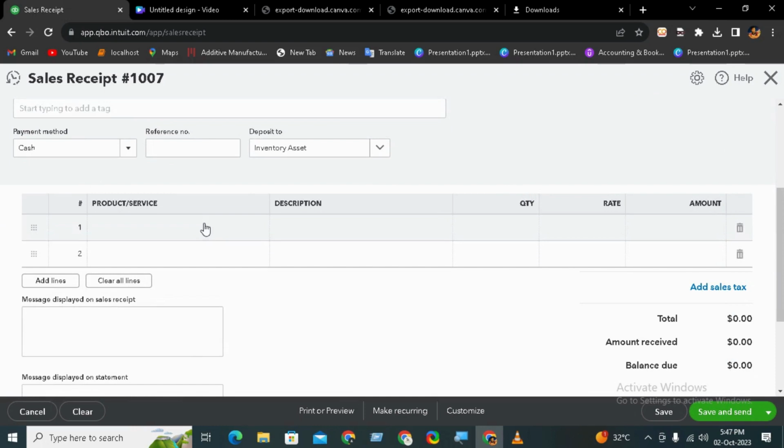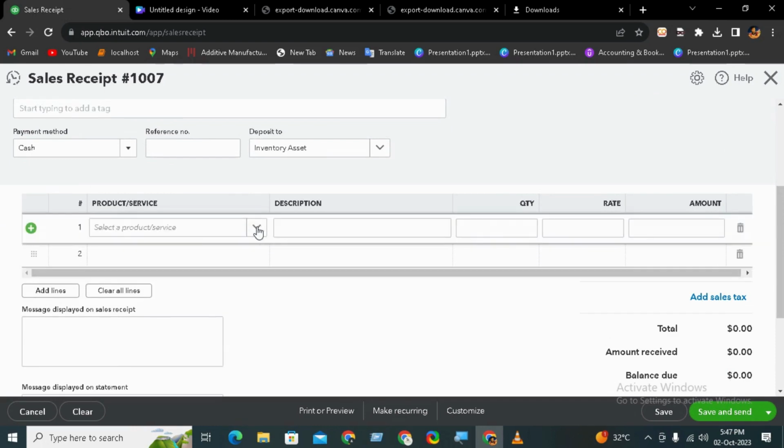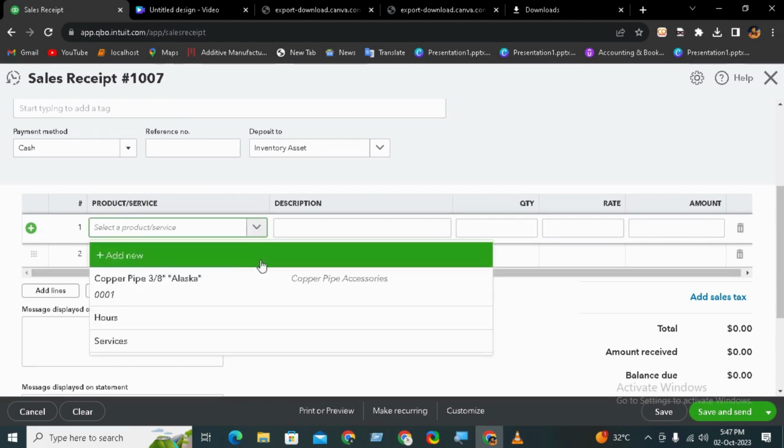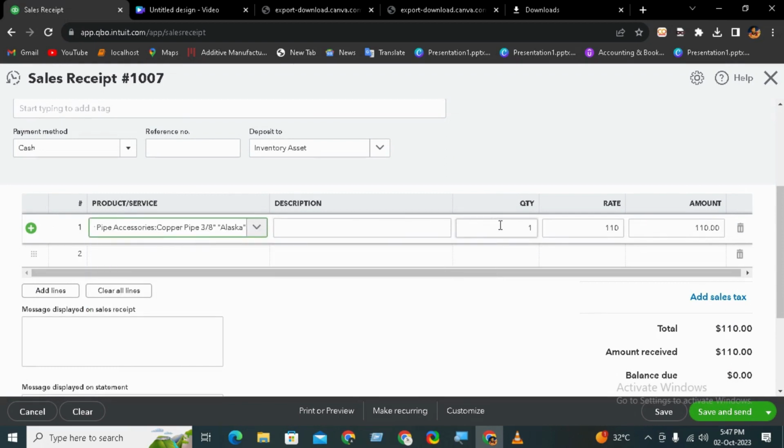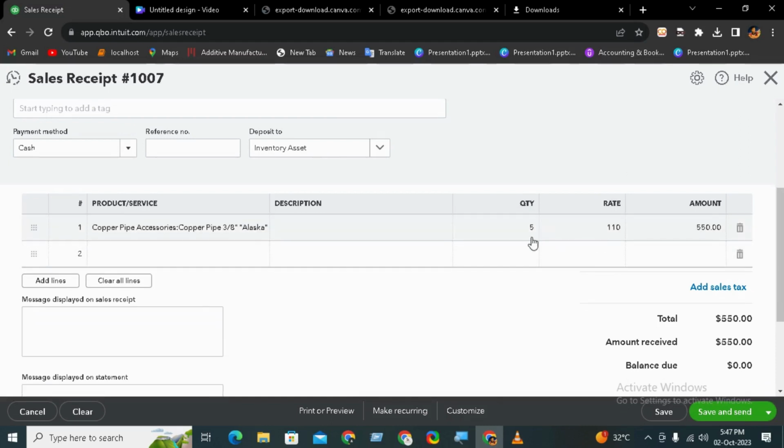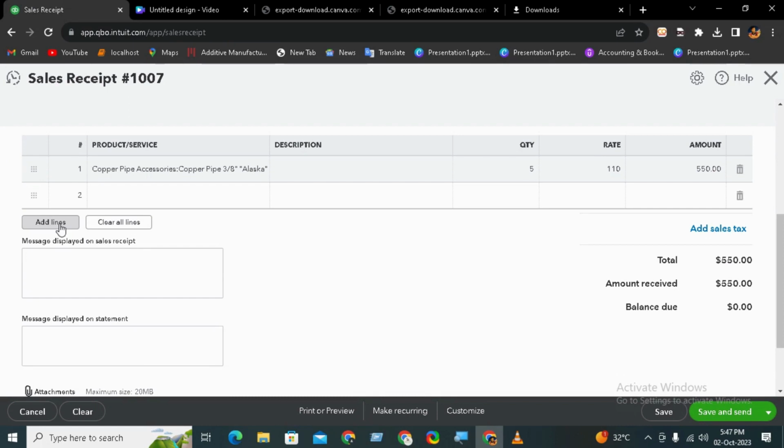From the drop down, here you can select the products or services that you have sold to that customer. Let's say we sold the copper pipe, with a quantity of 5, and the rate for one piece is 110, and QuickBooks will automatically calculate this amount for us. And if you have more than one product or service that you want to add here, you just